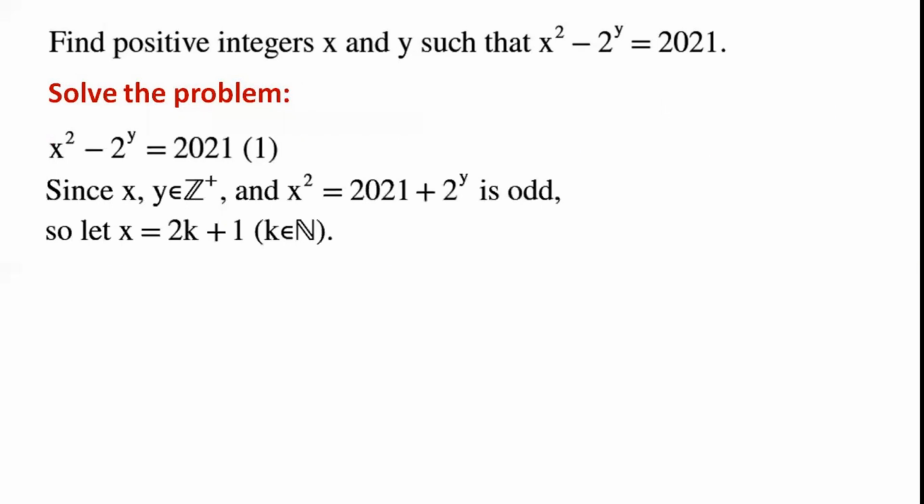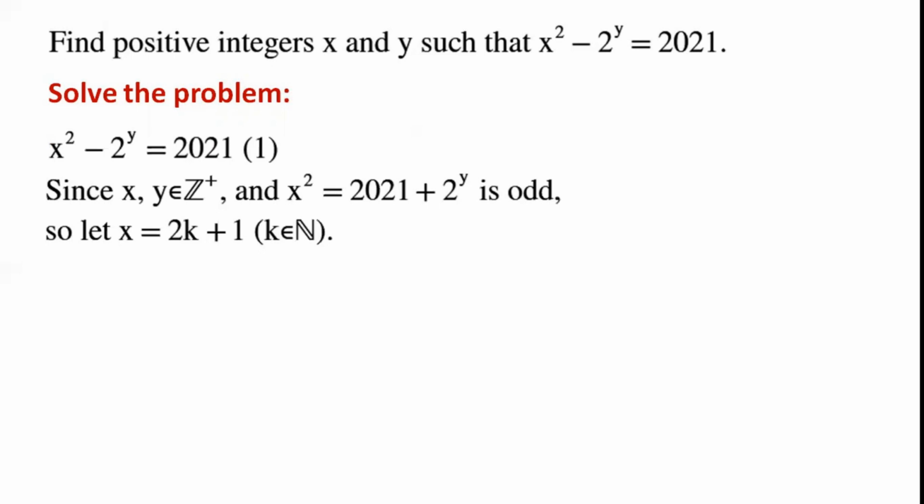Since x and y are positive integers, by rearranging equation 1, we have x squared equals 2021 plus 2 to the power of y,